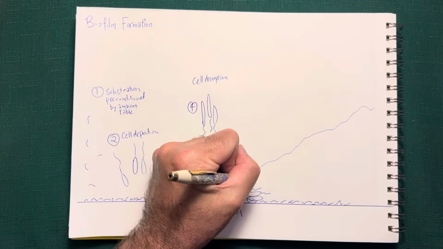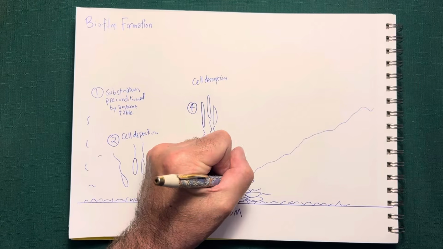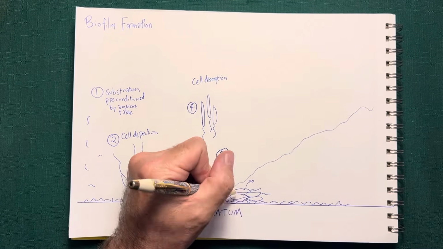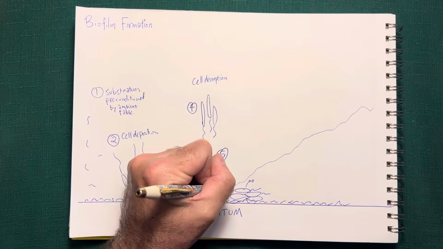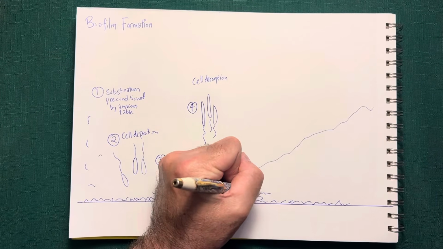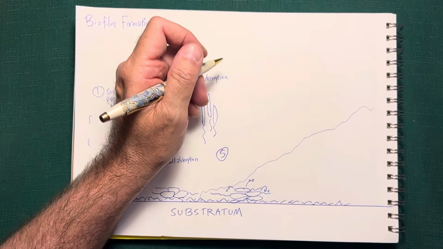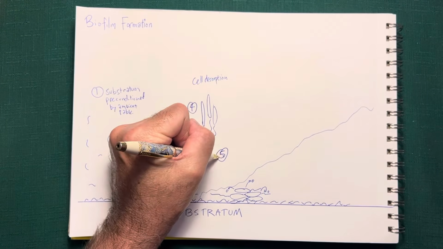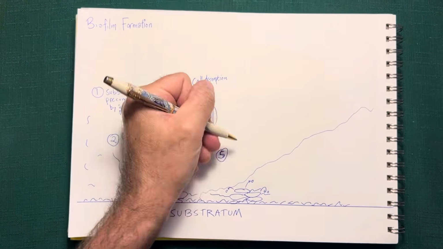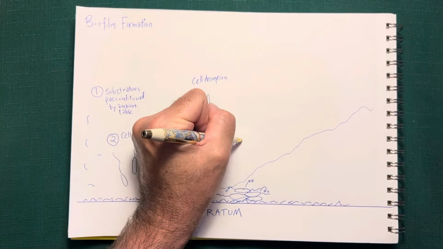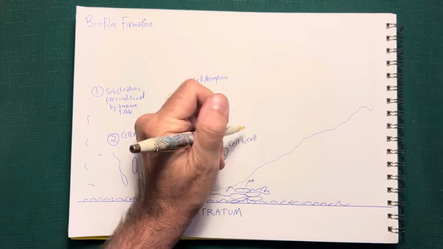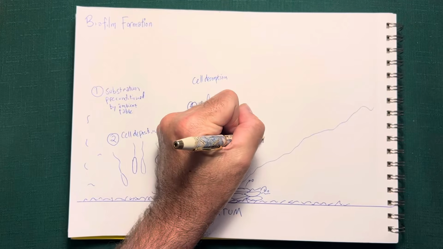And they're going to start releasing molecules to signal to each other, telling them, hey, let's change our physiology. Let's start building a biofilm proper here. So step 5 is going to be some cell to cell signaling